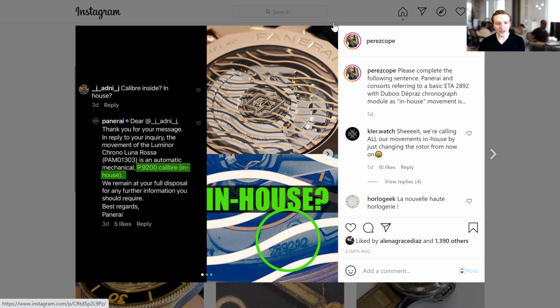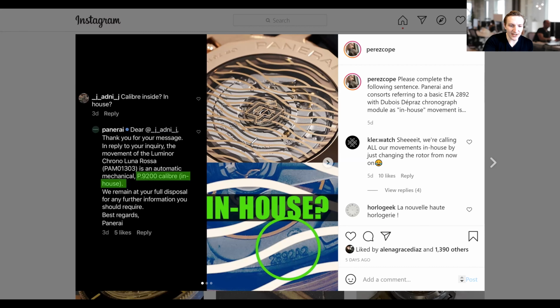We can also see this on the Periscope Instagram. Now, on the Instagram here, and give him full credit, he's the one who did this research here. So it says here, in relation to caliber inside, in-house, question mark. Then he's circled a reference here to the 2892 ETA movement. Then effectively what he was asking here of Panerai was, is this in-house? And then Panerai responds, thank you for your message. In reply to your inquiry, the movement of the Luminor Chrono Luna Rossa is an automatic mechanical, P9200 caliber in-house. Blah, blah, blah. And then Periscope has in the comments over here, please complete the following sentence. Panerai and consorts, referring to a basic ETA 2892 with Dubois chronograph movement as in-house movement is...